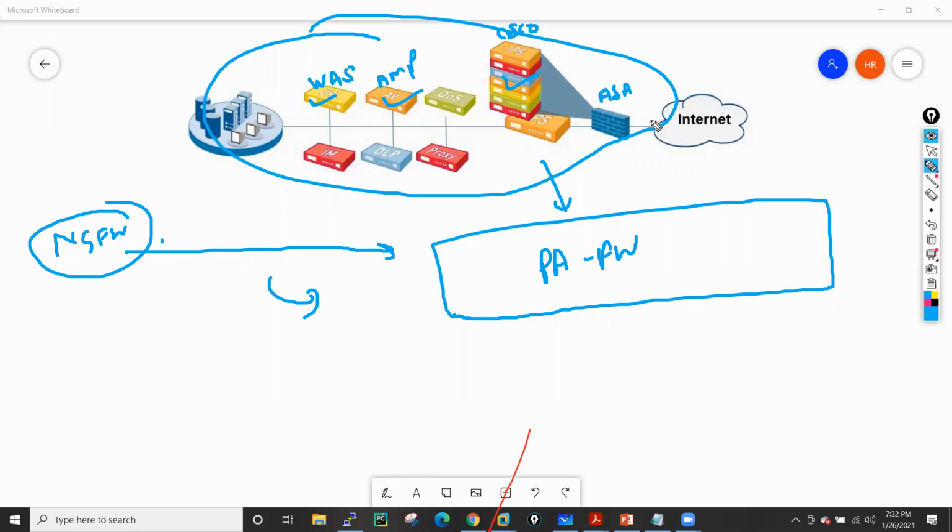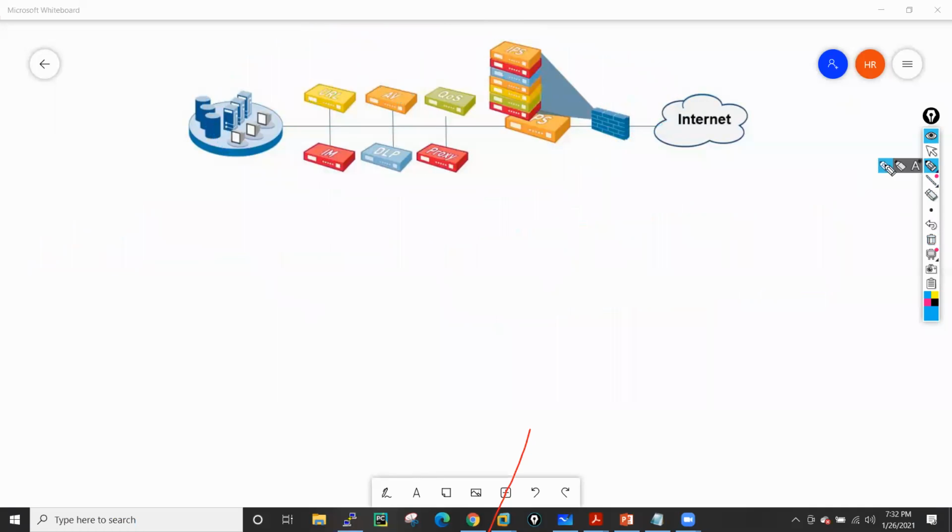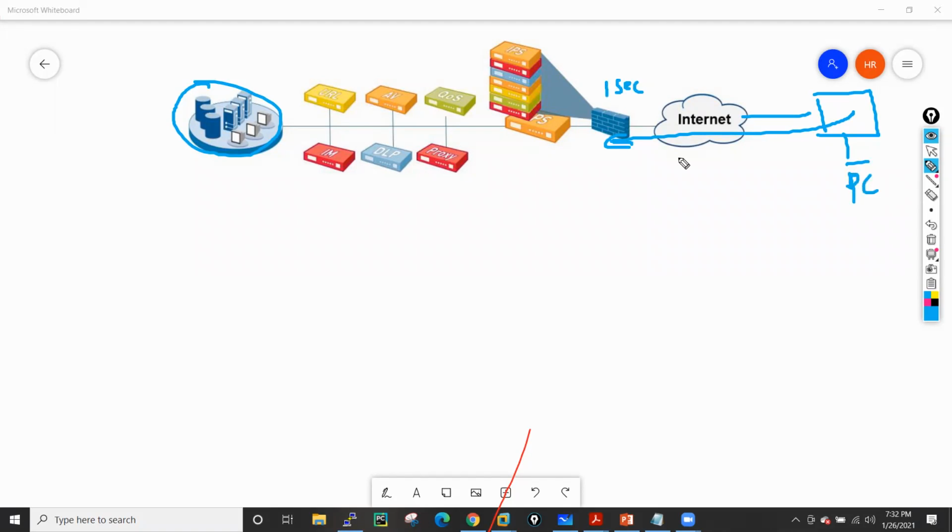Now, one more thing. Let's say there is one user, right? He wants to access one of the servers. When he sends a request to this firewall, the firewall takes some time to process the request. Let's suppose it takes 1 second to process this request. Then the request reaches the IPS.